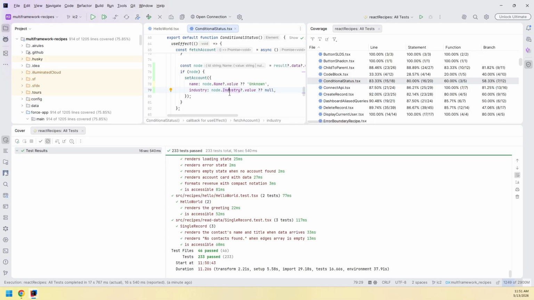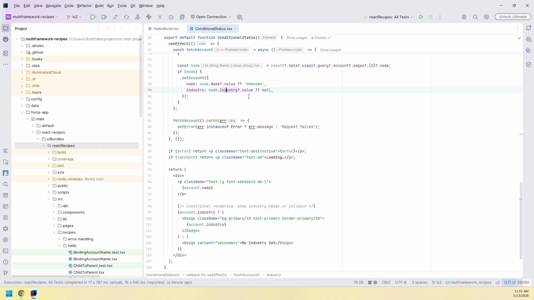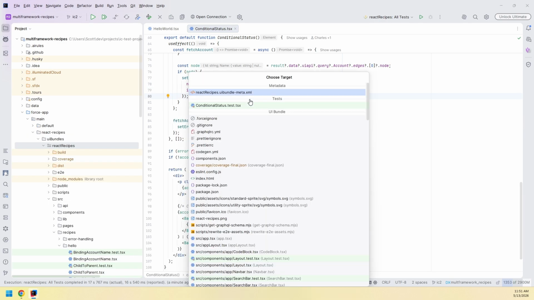So if you want to see more about how Vitest testing works, go take a look at that. The only difference is that you don't have multiple watch types in Vitest. So I'll go ahead and shut this down, and let's take a look real quick at interactive debugging. I'll use the navigate to related action, and we can see that just like all other bundles,